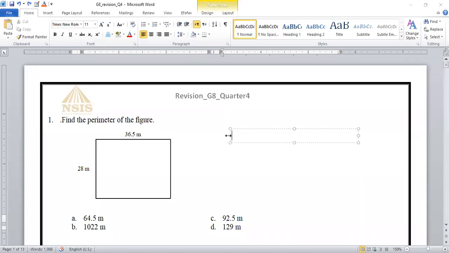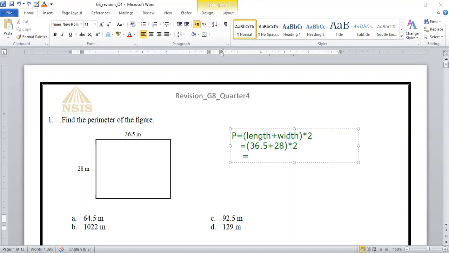Perimeter of rectangle equals length plus width, times 2. From the figure, the length is 36.5 plus the width is 28, times 2